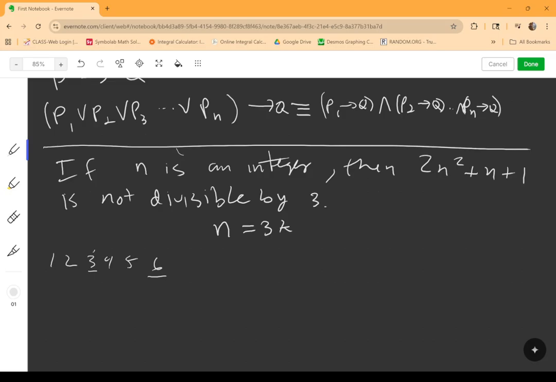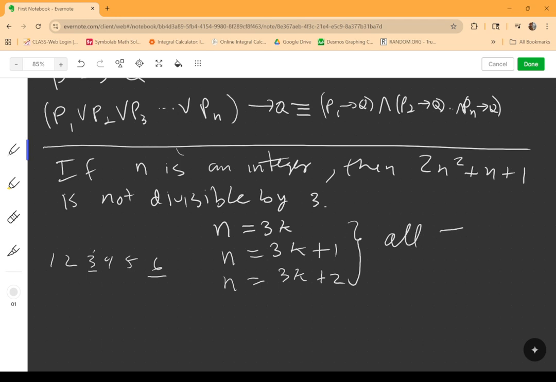So you can think of the cases as being: the number is divisible by 3, so there's no remainder. The number is not divisible by 3, but it has a remainder of 1. Think of 2 and 4, and 7 being the next one. And then the other option is it is not divisible by 3, but it has a remainder of 2. Think of 1, 5. Now these three cases,